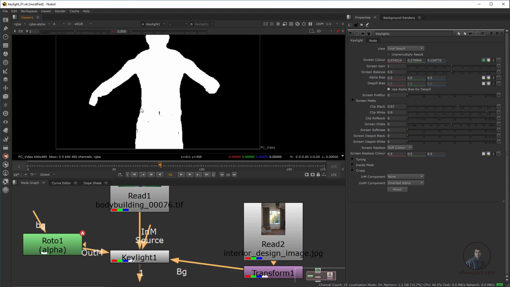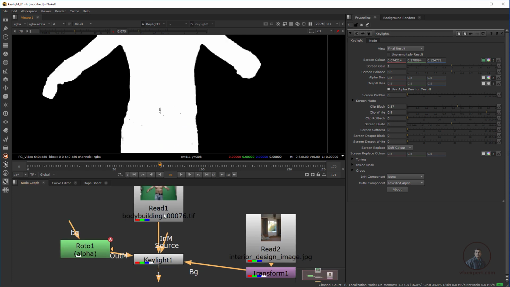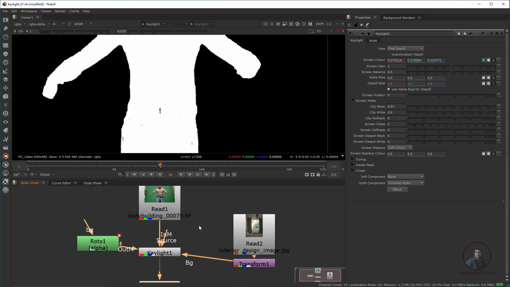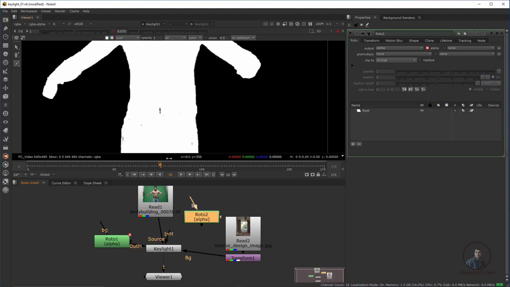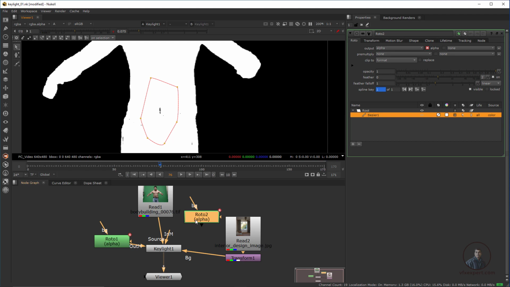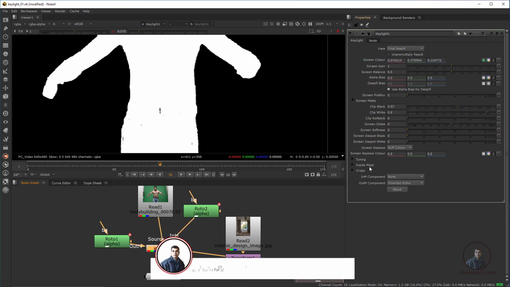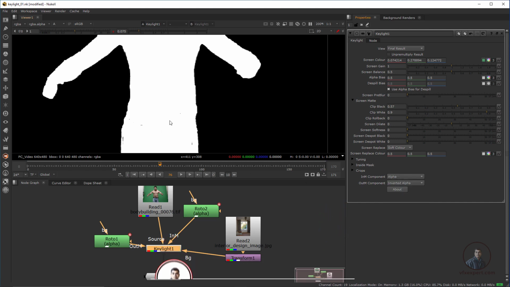Suppose you are finding any hole like this, then with the help of this in matte we can cover it. Now again take a roto node, press O and create a shape. Actually there are many other options for creating a hold matte. You can even call it our garbage matte. Okay, just for explanation I have created this roto shape here. Take this input and connect it here. Again after this come here in Keylight, then come to our in matte and define this alpha here. Now you can see. Okay, so you have covered this one.